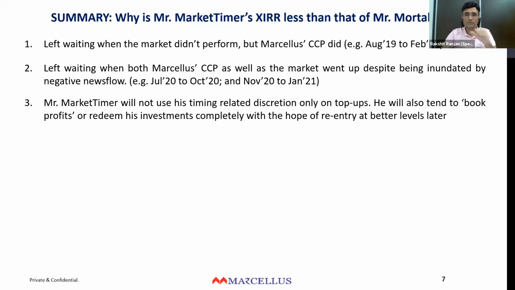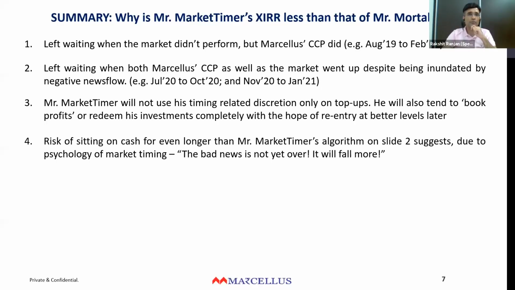when it comes to waiting for a crash. And the fourth one is sitting on cash for much longer than what the analysis had shown previously, right? Combine all these four. If you let psychology take better control of your decision making, and this is all psychology, waiting for a crash, thinking that I know when the markets will crash because I can see XYZ external indicators, I can read the newspaper, I can figure out when the market will crash. That doesn't actually help in CCP types of portfolios because of these four reasons, right?